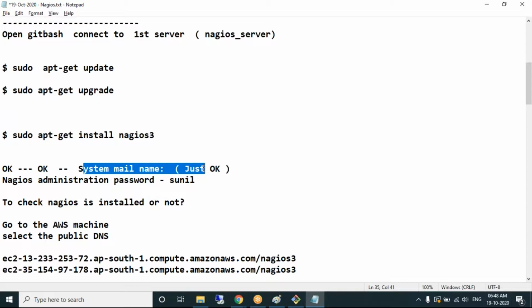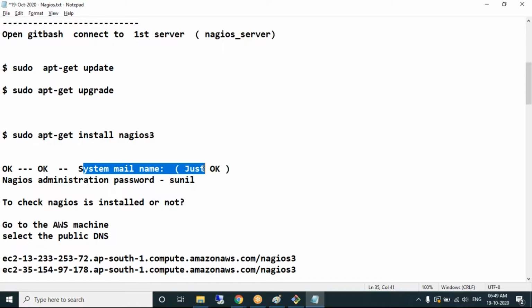Is it normal mail only, or do we need any other particular configuration? Normal email only. Nagios is configured with a normal email. Can we give our personal mail also for practice? For practice it will not work, because we need to provide a lot of details, which will not be possible for a Gmail address. We need to provide some POP3 numbers.